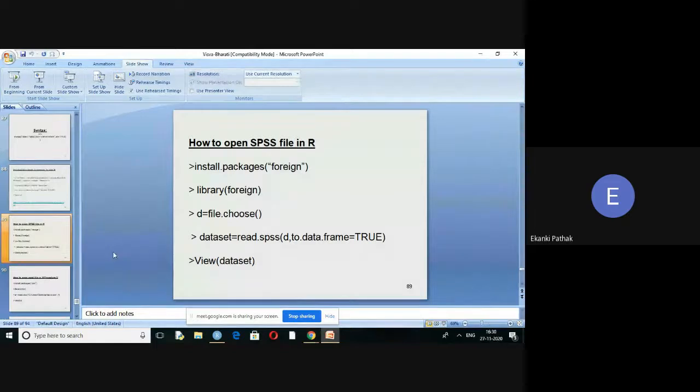Hello, sir. I have installed the XLSX package to import an Excel file, but when I run the command read.xlsx, it shows that it could not find function read.xlsx.